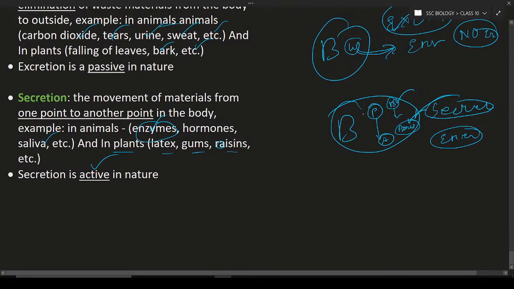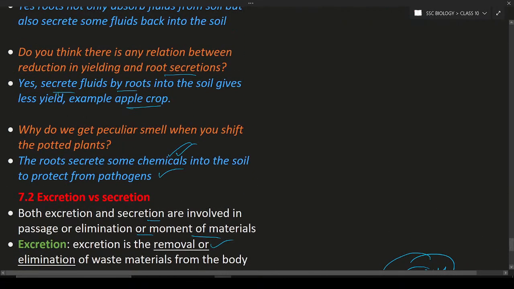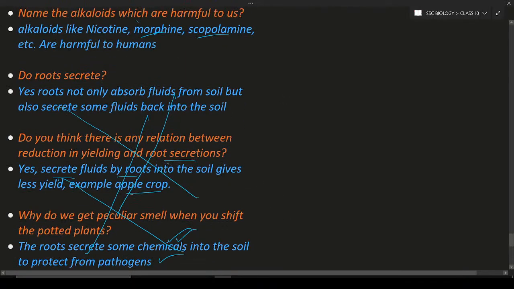So take these notes. These notes are useful to you for your examination, and you can skip the questions and answers. You can skip this question and answer. No need to write these questions and answers in the notebook. Why? Because in the examination, these points will be more useful for quick revision. So we will discuss the